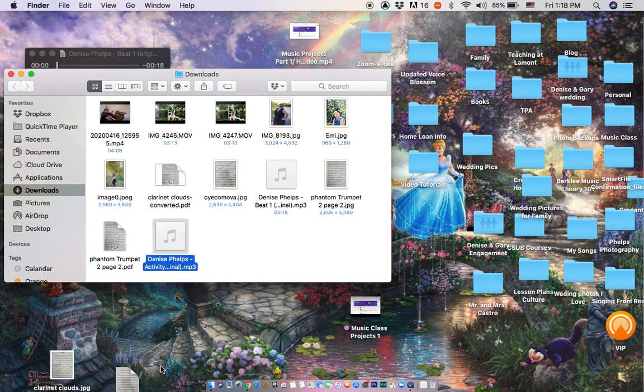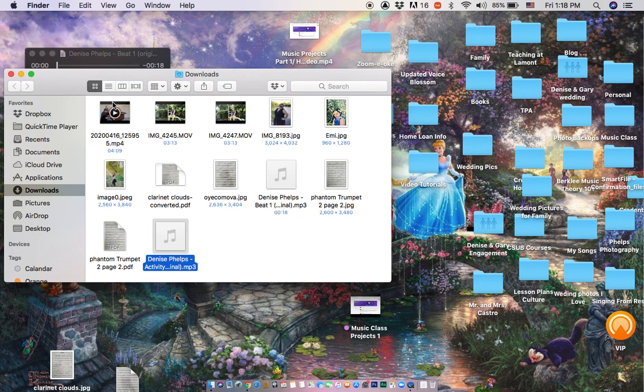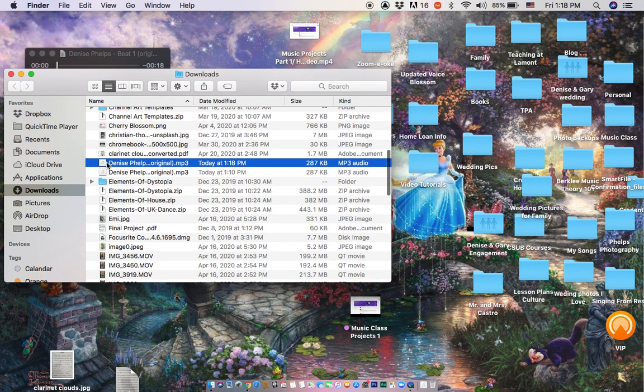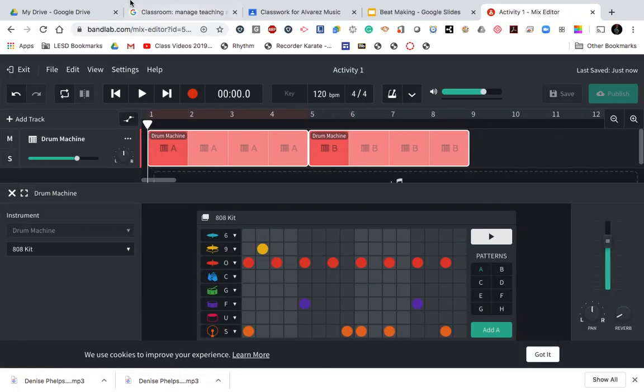Okay, so I'm going to click show in folder, and I see, hey, here it is in my folder. It's highlighted. Now yours is going to look more like this, lined up like that, and you're going to see yours here. Leave this alone, make sure it stays highlighted, and go back up into your Google